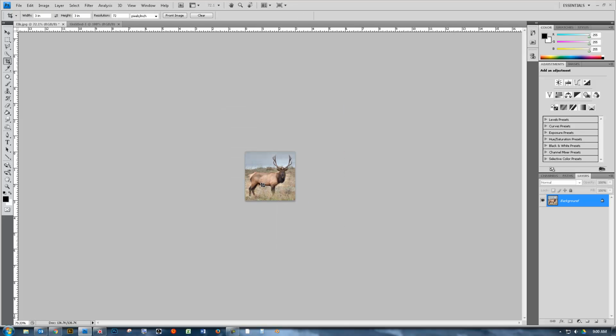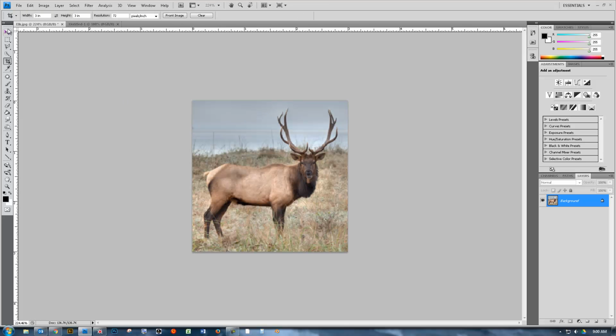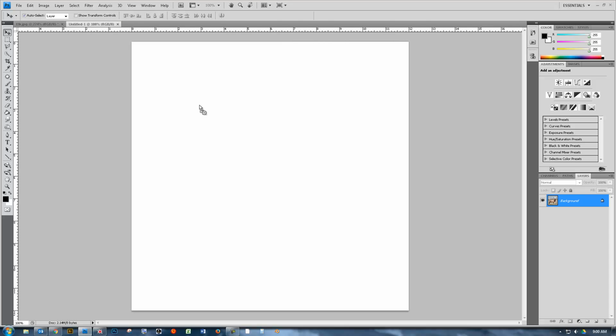And there you go. See, it got a lot smaller. It's because we threw away a lot of pixels. Let's grab my Move tool, keyboard shortcut V, and I'm going to move this over into that other canvas. To do that, I'm going to click right here somewhere in the image and drag it up to this other tab. Hold it there for just a second. Wait for it to switch. Come back in and drop it. And there you go. It's in there now, and I'm going to put it right up here at the top